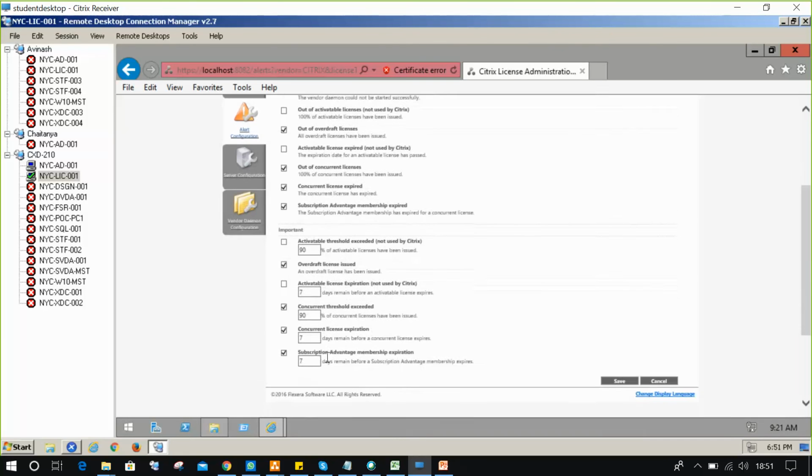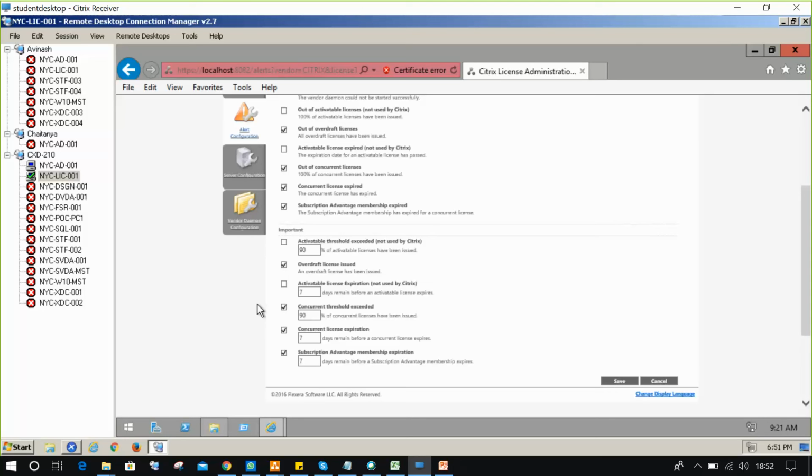There is also an option for license expiry. Seven days before, you will get a notification, and then you can go and buy additional licenses. So you have to manage your environment appropriately. If you are not managing these days and percentages, it will definitely give you a big problem.